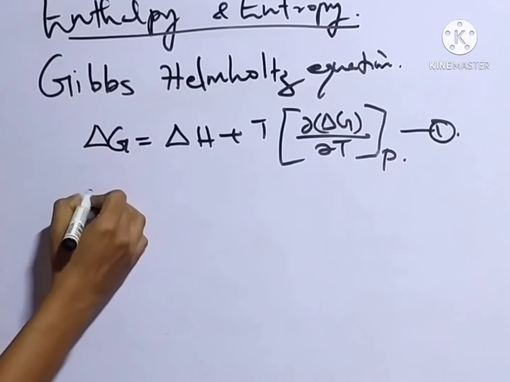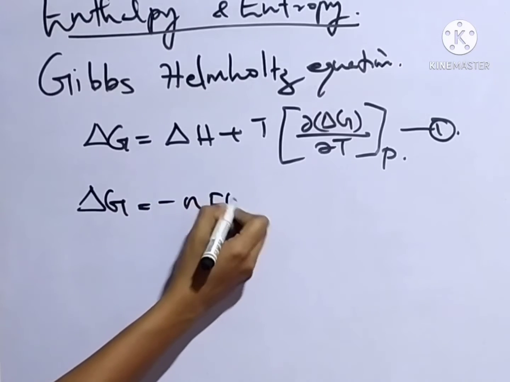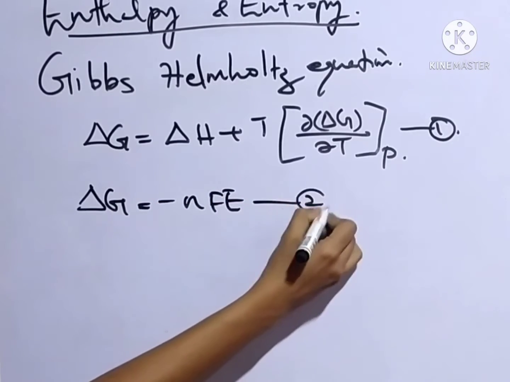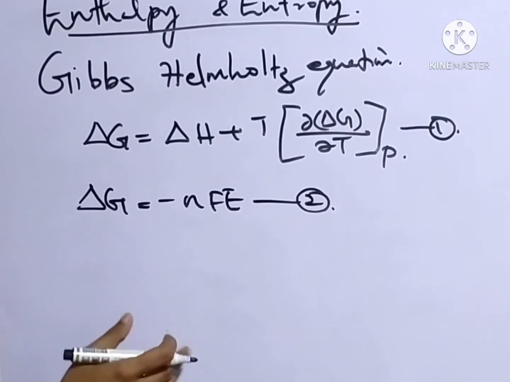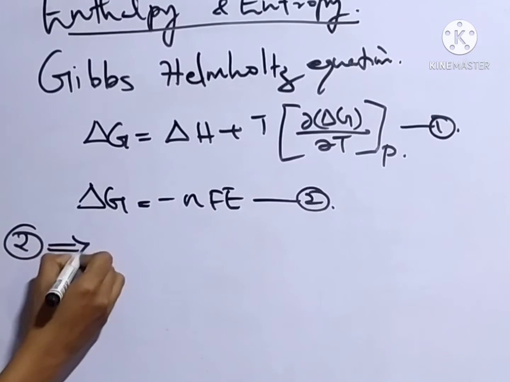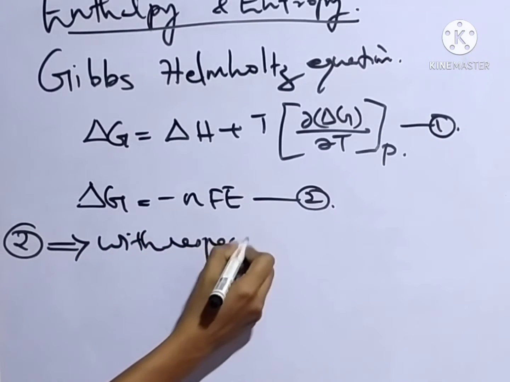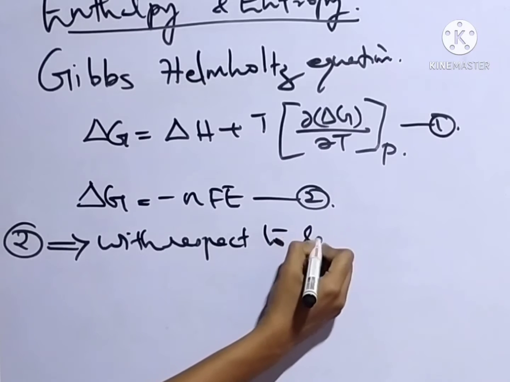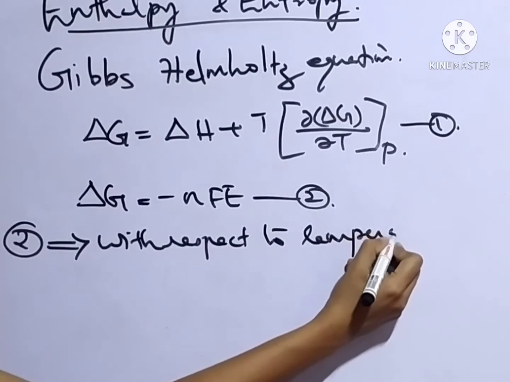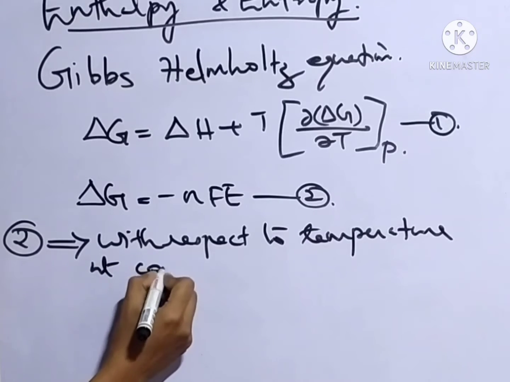From the above, it is clear that delta G equals minus NFE. Let us number this as equation number 2. So if we differentiate equation number 2 with respect to temperature at constant pressure,